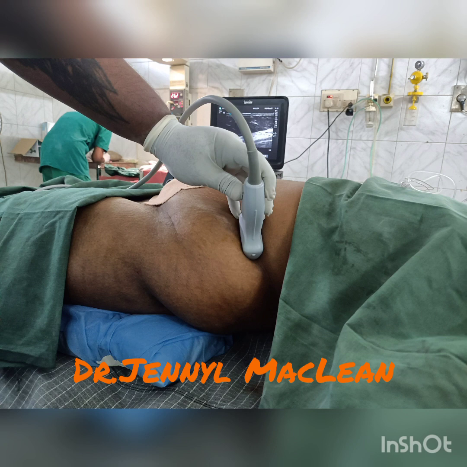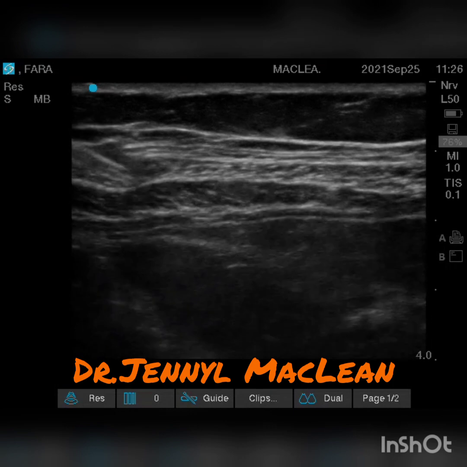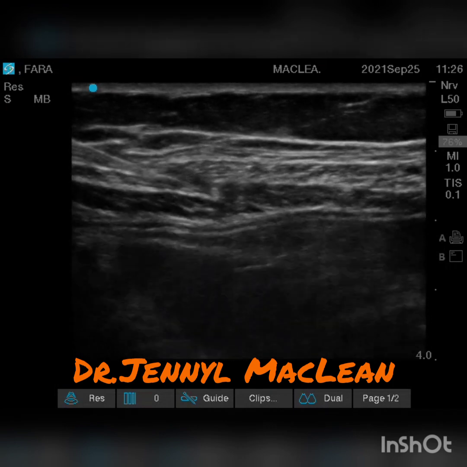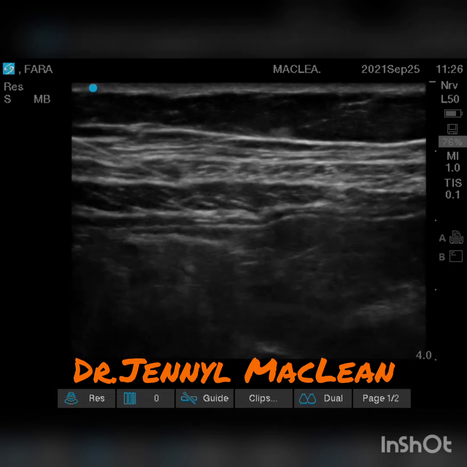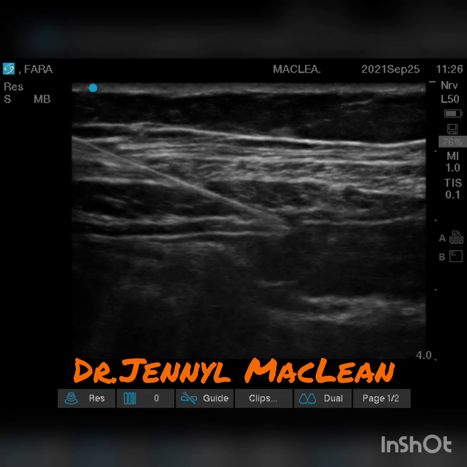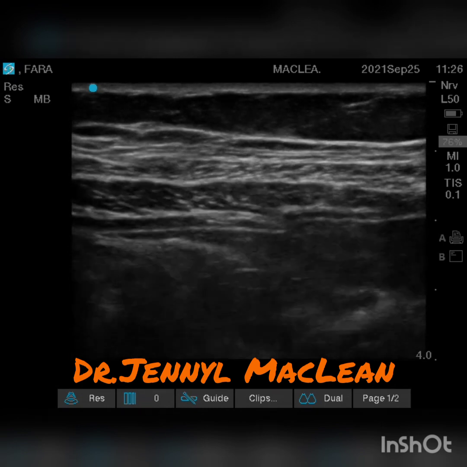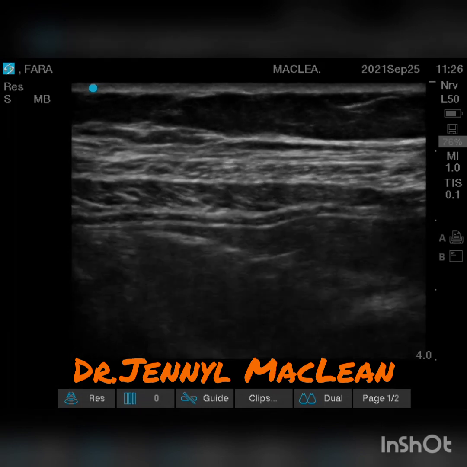This is for posterior tap. You keep a sandbag under the buttock so that you see the posterior end of the transverse abdominis, that is the tapering end of the transverse abdominis, just above the quadratus lumborum. Here you are seeing the external oblique and the internal oblique and the tapering of the transverse abdominis.